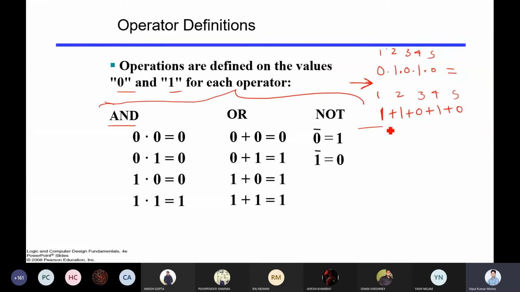Same thing happens when you write an if condition. Whenever you write an if condition in your code, like in Python, C or C++, and you have written some ANDs in between, if the first statement is false, then the other statements will not be executed. If the first statement is true, it will jump to the second. If that is also true, it will jump to the third. If any one statement is false, it will not execute further. Same thing happens in Boolean algebra as well, because ultimately the AND and OR concept remains the same.